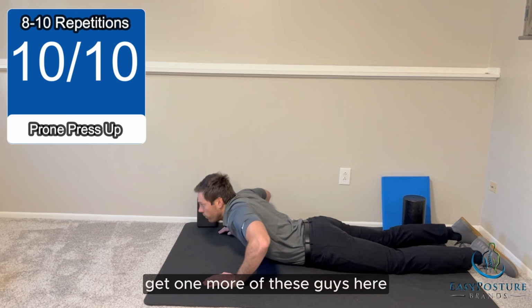This exercise is called a prone quad and hip flexor stretch. If you have a yoga strap, that usually works best for this exercise. If not, that's okay. A lot of times a bed sheet works very well for this, or a long belt can work really well as well. If you have a pretty strong resistance band at home, you can also make that work for this exercise. What you're gonna do is lay on your stomach,